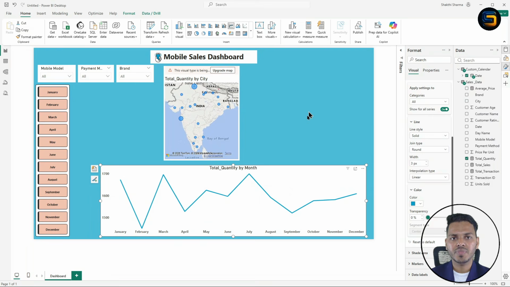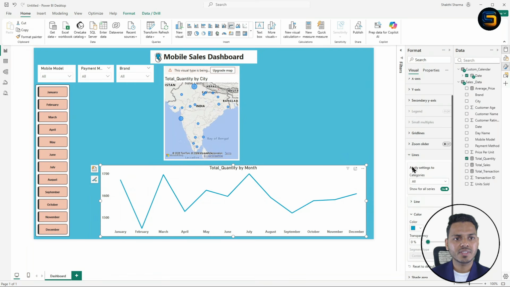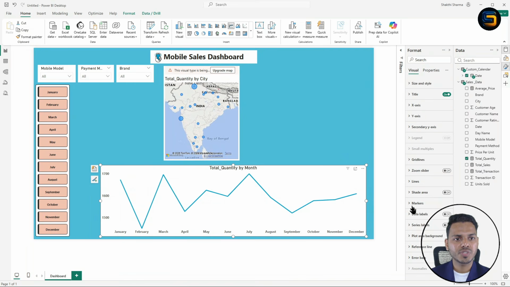Now here you can see the line color will be matched with the background color. So in this way we can give the formatting. Now suppose if you want to give markers, what you can do is, let me show you, this is the